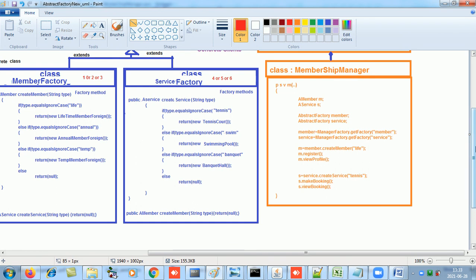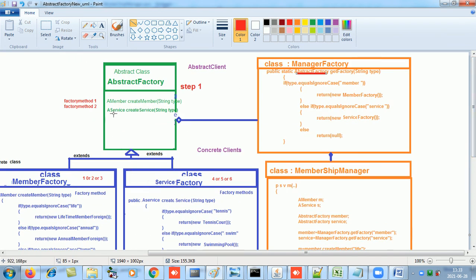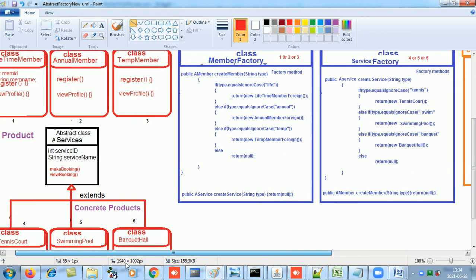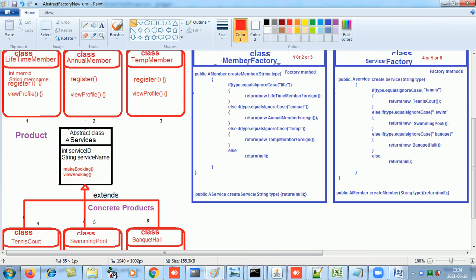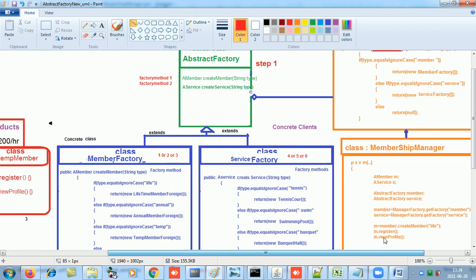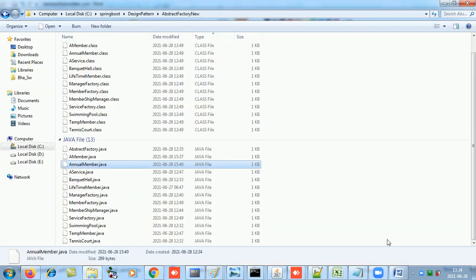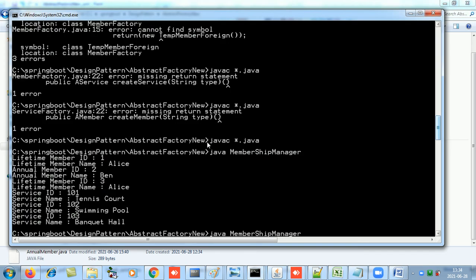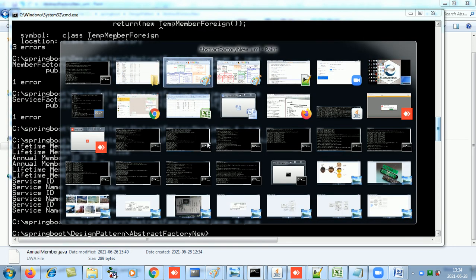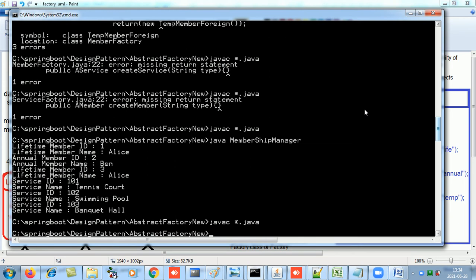So like this we can create our abstract factory, which will have the factory methods and will have concrete classes which extend this abstract factory. So how many classes do I have in total? How many Java files do I have to make? These 8, these 3, that's 11, and these 2, that's 13. So here are my 13 Java files, and now let's compile and run it. I'll say compile all, and I will run the file which has main. Which file has main? Membership manager.